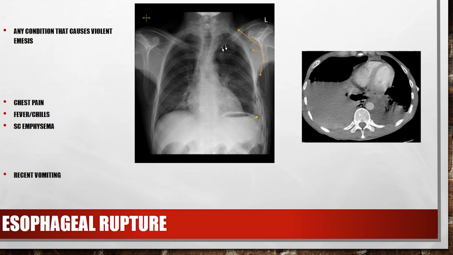This is called Boerhaave syndrome, when you vomit so hard that you rip your own esophagus. Please do not do that. If you've been drinking too much the night before, or you are in a hostile country with a terrible water supply, drinking straws, life straws, gentlemen, please. Do not get this kind of nausea and vomiting. How do you know that they have this? Well, a couple of signs.